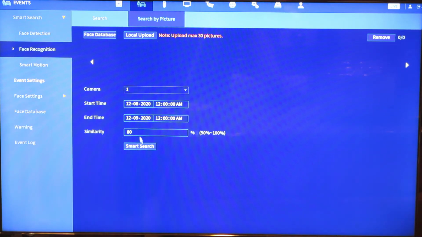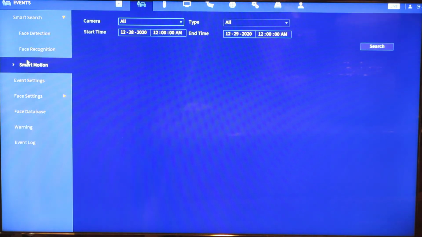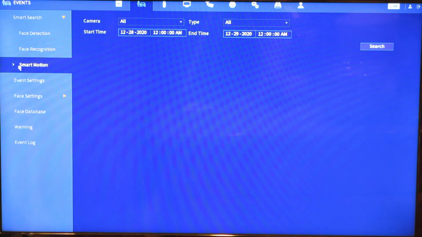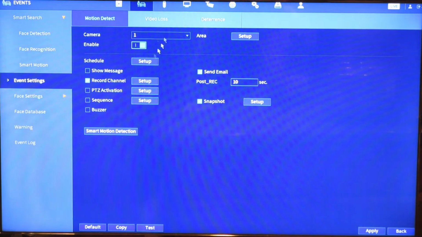And you can search the camera for events here, where the events occur. Smart motion, that just shows smart motion actually, but event settings. Motion detection for each camera. You could set up events for each camera. It sends you an email and a snapshot if you want of an event. If it does a video, it takes a few seconds before the event occurs, and then it goes for 10 seconds and sends you a 10-second video to your phone or your Android device.